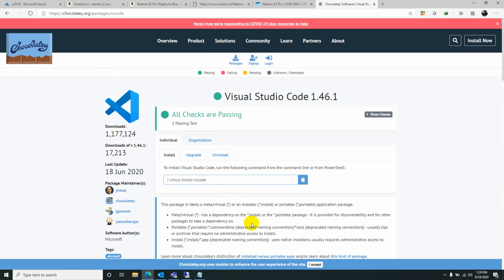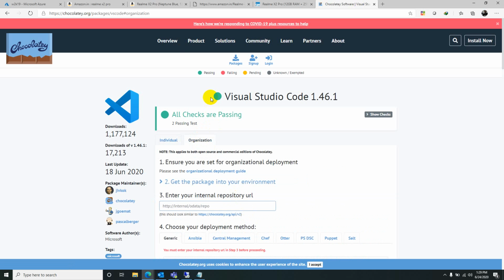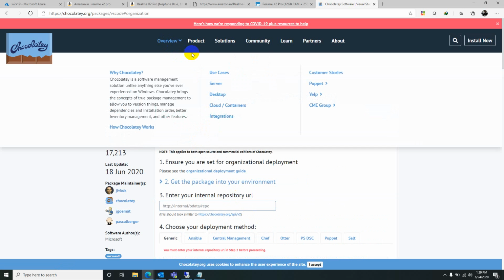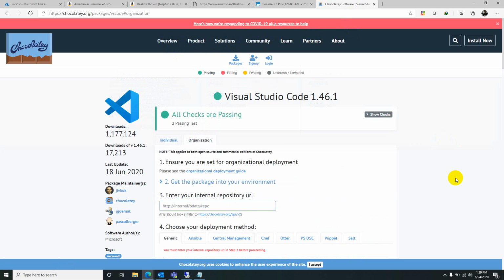So this is how you use the repository manager for Chocolatey, and it has two versions. One is this open source, and anyone can use these packages. These are public repositories. You can create your own private repository by using the organization solution or enterprise solution of this Chocolatey. Okay, and you can set up your own repositories. The cost is far less than SCCM.